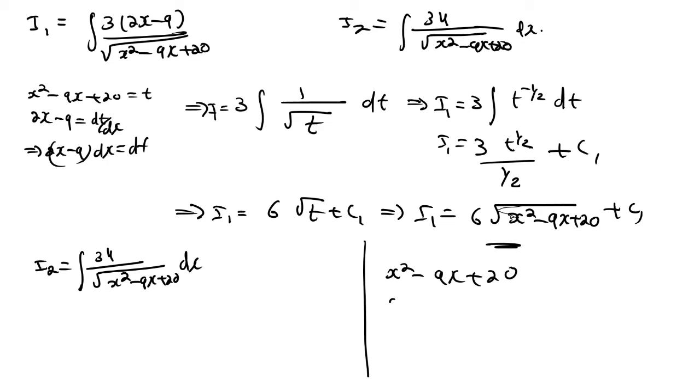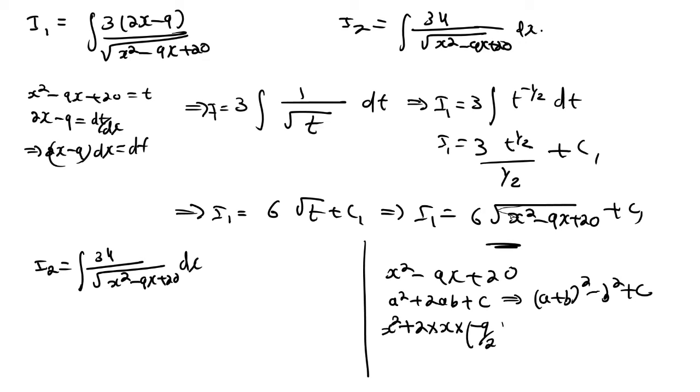You need to write it in the form a square plus 2ab plus b square form, and you need to rewrite it as a plus b whole square minus b square plus c form. So what I will do is, x square, a I am taking as x square, plus 2 into a into b, minus 9x you need to get. How to get that one? You need to multiply minus 9 divided by 2. 2 gets cancelled. Minus 9 into x is minus 9x.